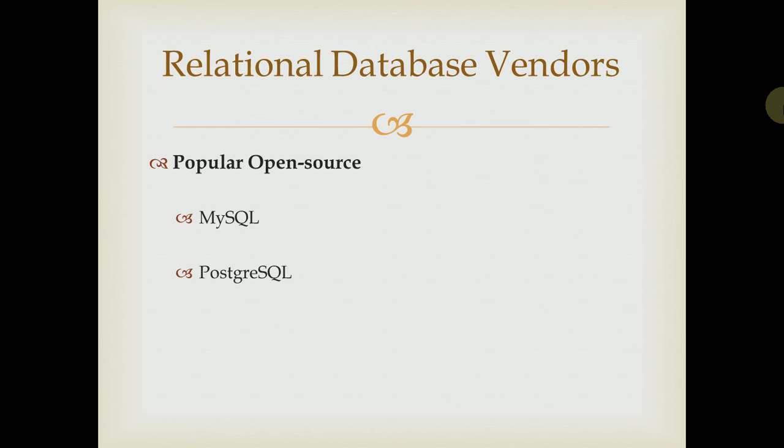The two main open source databases that are out there are MySQL, which is very, very popular. A lot of companies are using it. Amazon is actually using MySQL; they have heavily customized it, but they're using MySQL. And then PostgreSQL, which is also quite popular. The company I was working with in 2013 was using Postgres